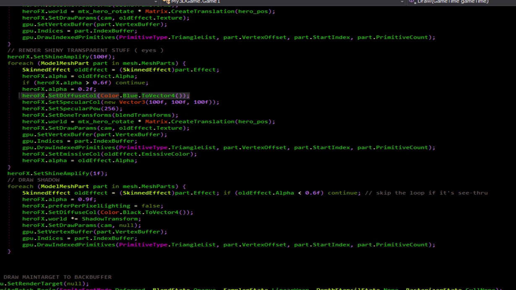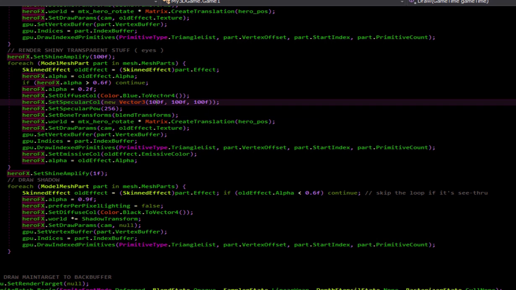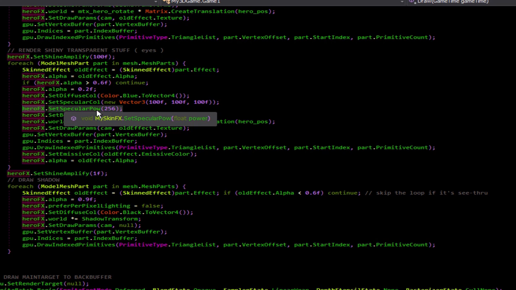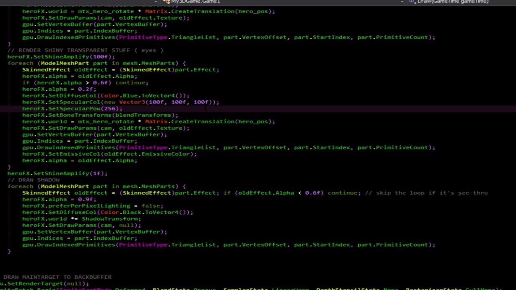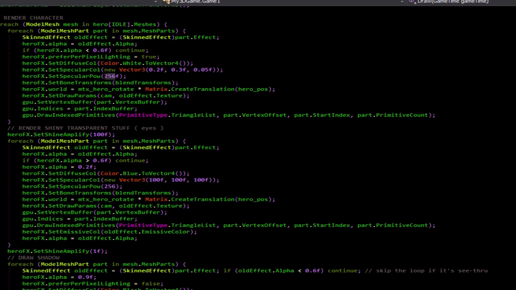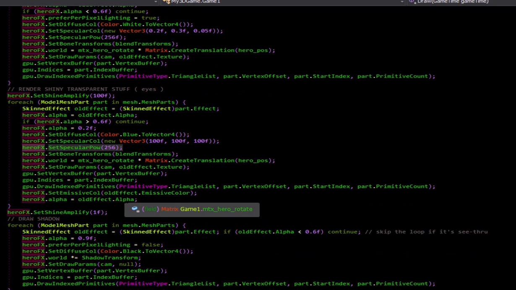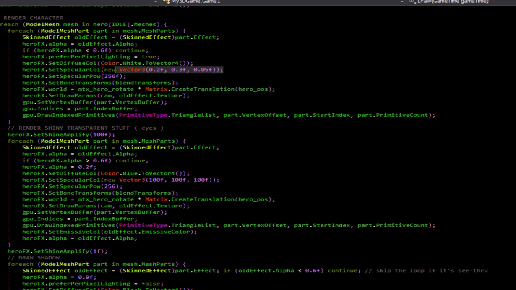It's sort of a bluish tint on the diffuse color, just to give it that illusion of a sky reflection going on. And we set our specular color to be extremely high, far higher than 1 for each channel, and set the specular power to 256. So it's a little bit spread out, but actually this one should be a lower value to spread it out more, and this is more of a sharper value at 256. But this doesn't really matter here because we got this turned way down for the specular color. I could turn it down even more to make sure that the body doesn't really shine at all. It's just kind of a clothy material anyway.